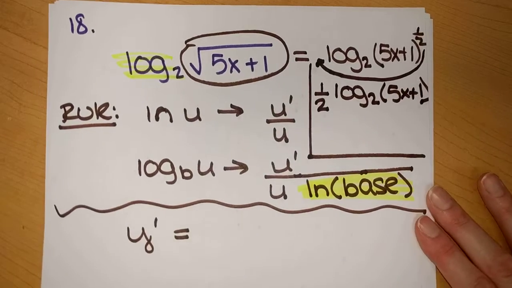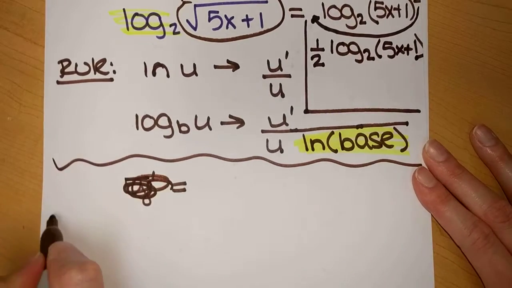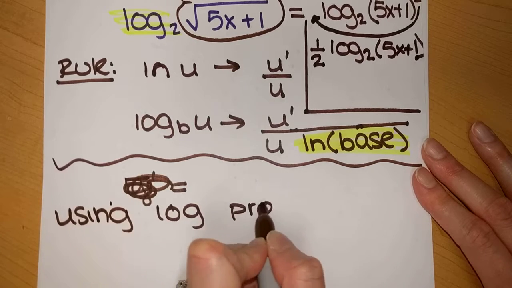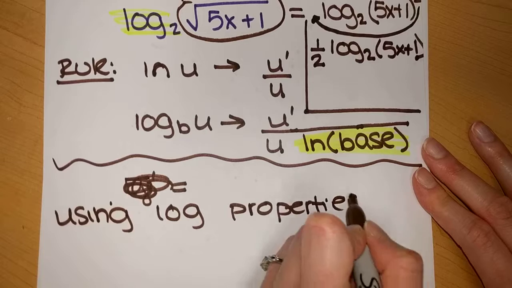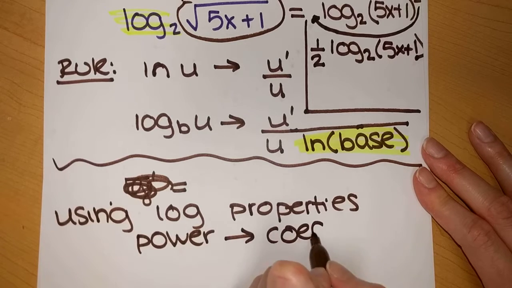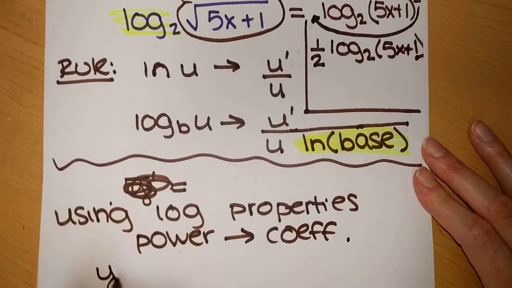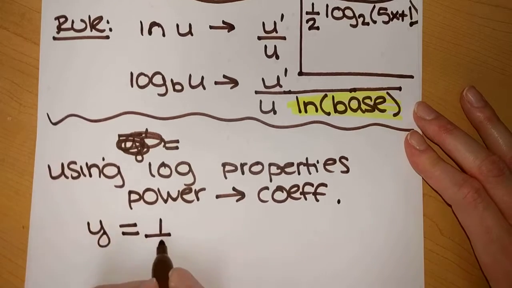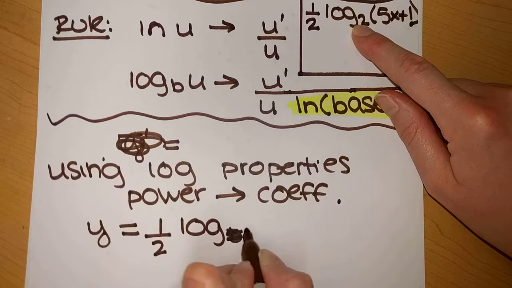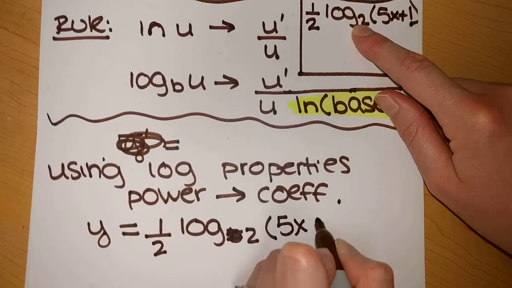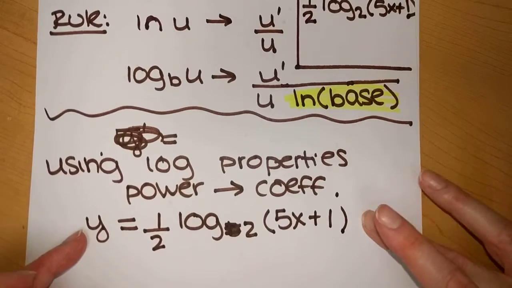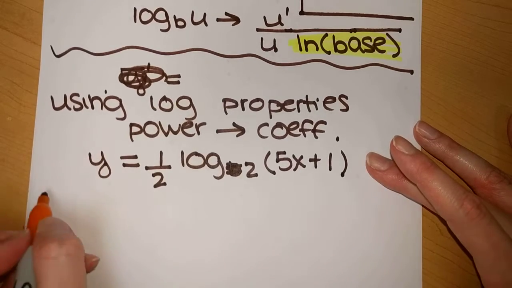And to be really clear about this, let me write this down below here. So using our log properties, the fact that the power can come down in front as a coefficient, okay? Our y function is going to look like 1/2 log base 2 of 5x plus 1, okay? Now, with that function rewritten, now we are going to take the derivative,